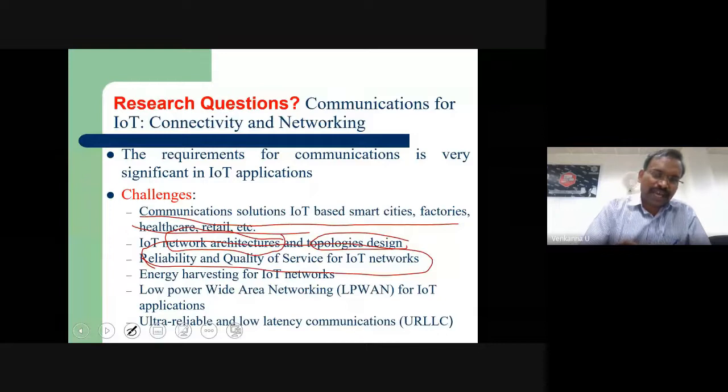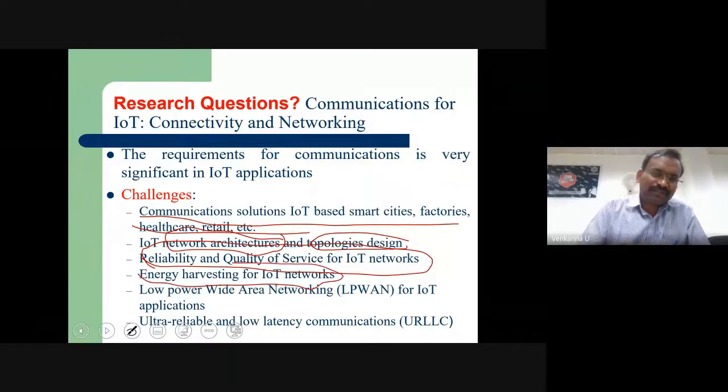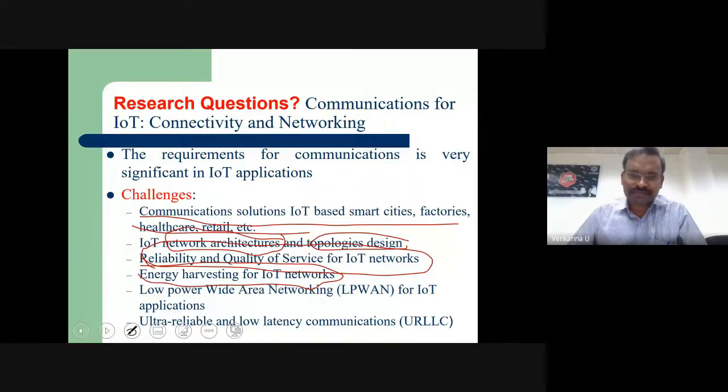Then another important aspect is energy harvesting. As I showed in my previous application, your prototype is deployed in the field, but we will not give a continuous source. Now, what kind of energy harvesting techniques, how much energy needs to be generated, where it is going to be stored, how it is going to be interfaced, and if all of a sudden there is no sunlight, what happens? All that can be looked into.